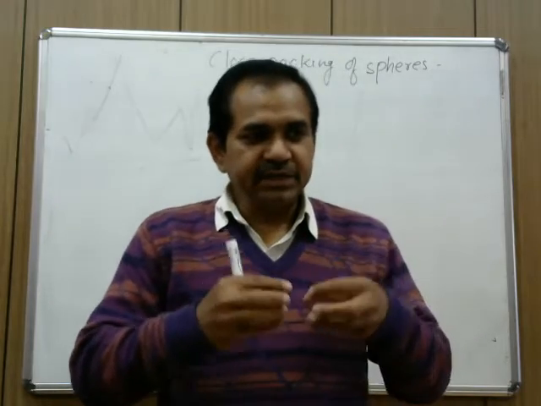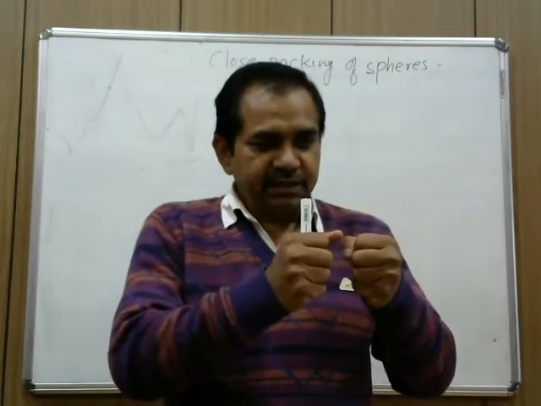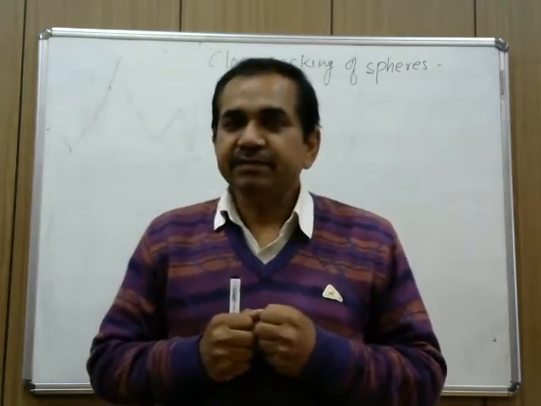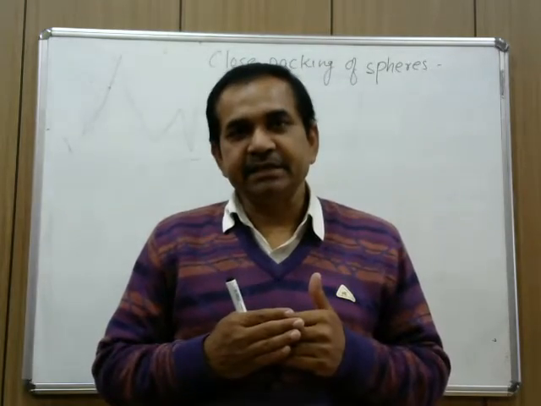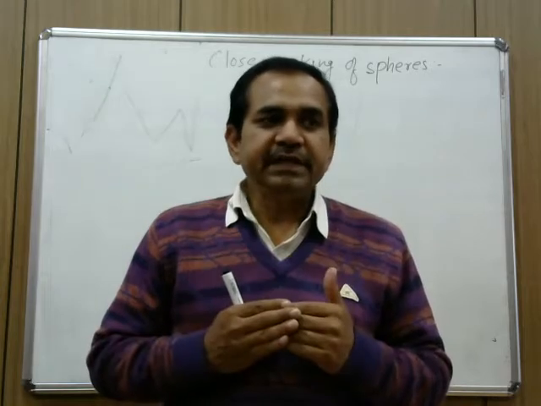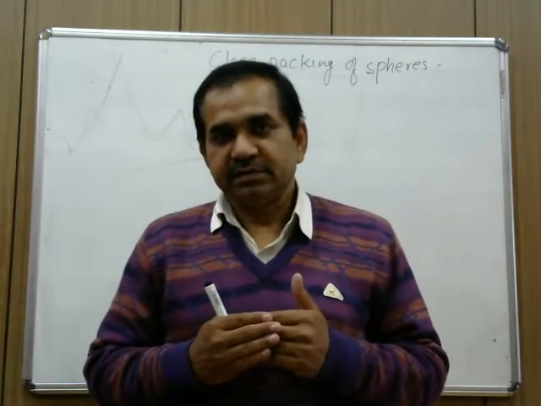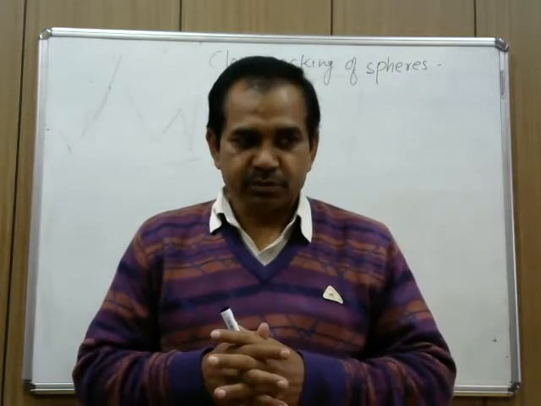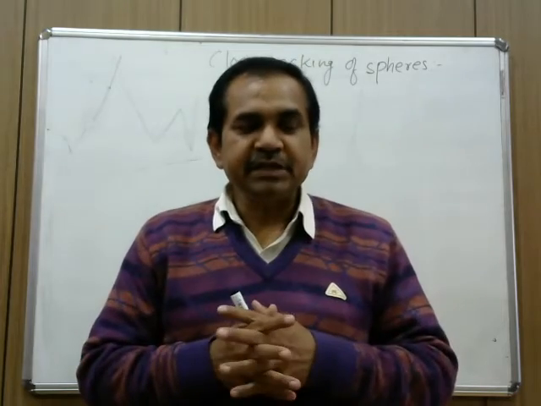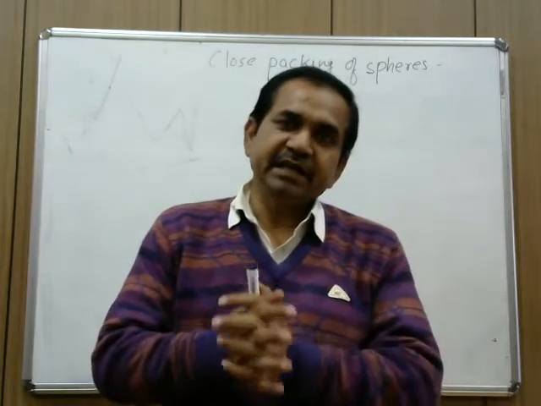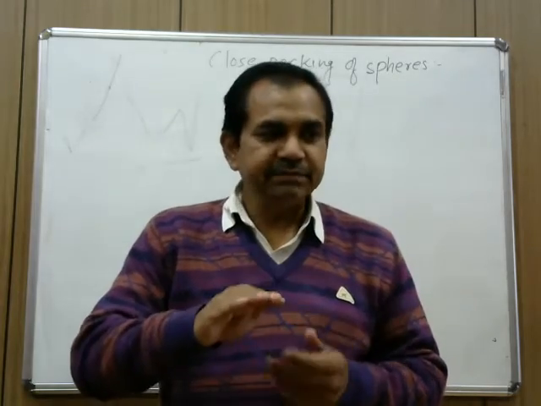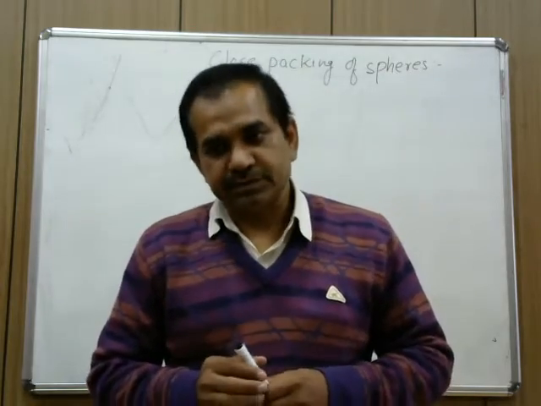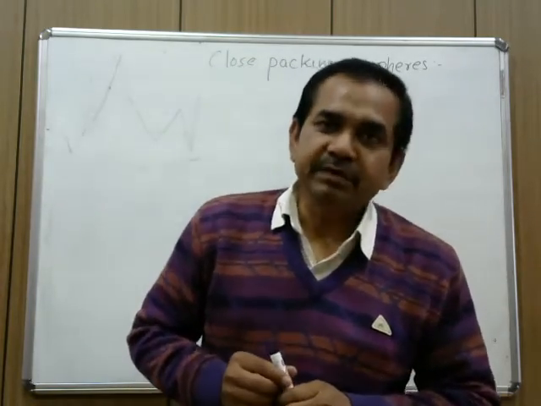In one-dimensional packing, I told you that spheres are joined adjacent to each other in a head to tail manner. Then in two-dimensional packing, two different arrangements are possible. One is square close packing and the other is hexagonal close packing. These two-dimensional packings give rise to the actual three-dimensional packing observed in different compounds. So let us see them one by one.